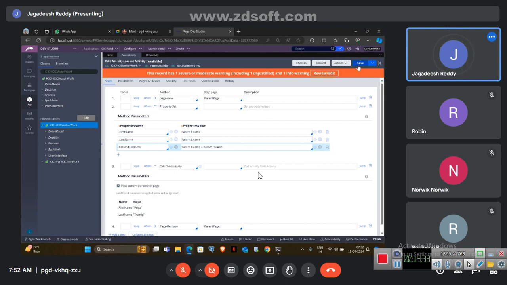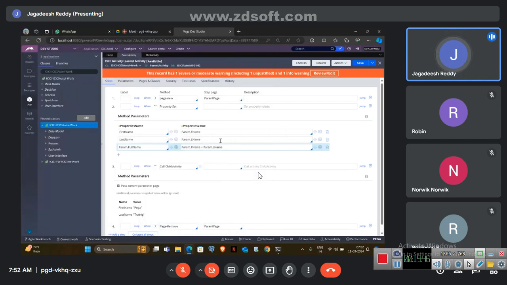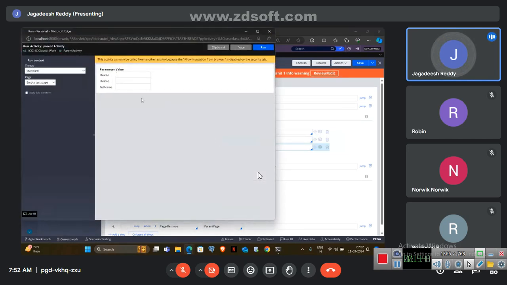Now see, if I run, at runtime it is asking for the parameters, because here we didn't provide any values, we have just provided a parameter. So at runtime it will ask for the name here. Now here we have given like